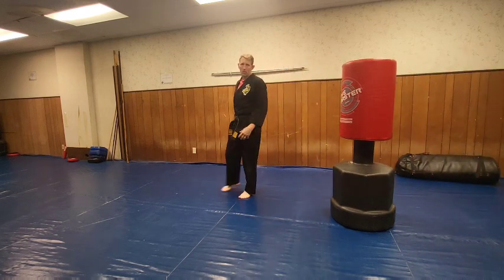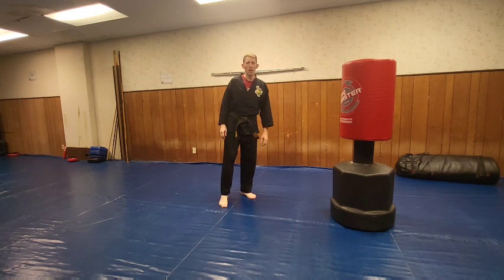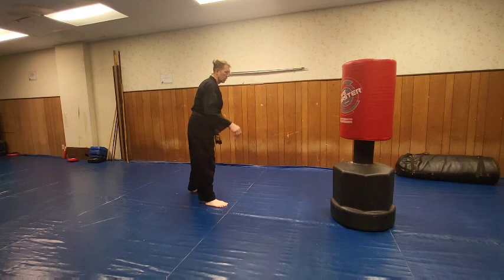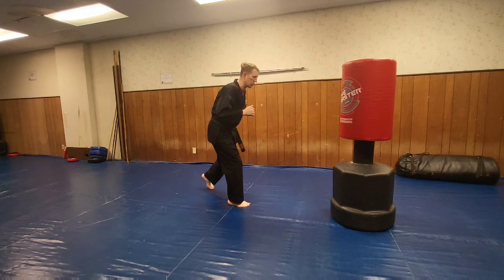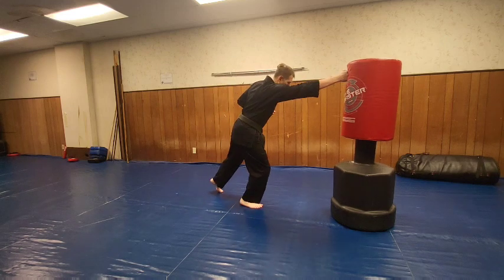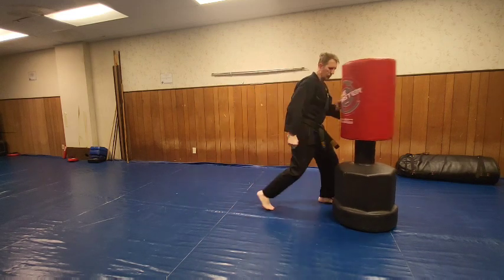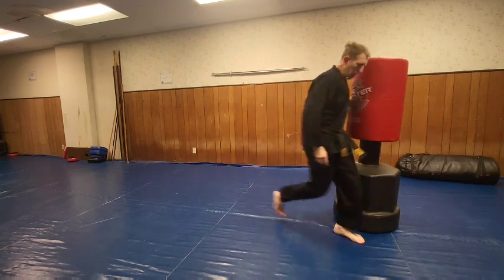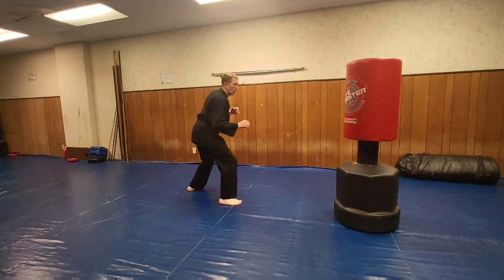Feels really weird doing it on the bag. I like doing things better on a person. I work better with a person than I do bags. But anyhow, we're leaning. Heel comes up in the back. Hand comes out. Now once I'm hitting you, I'm leaving the ground with the heel here. Boom, and I'm coming in. I'm not as good on this side. But from here,